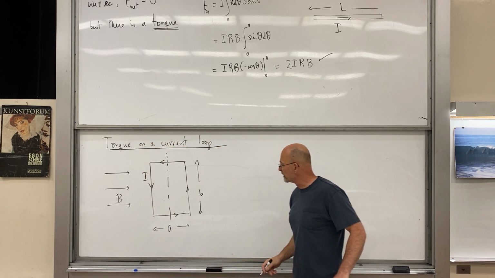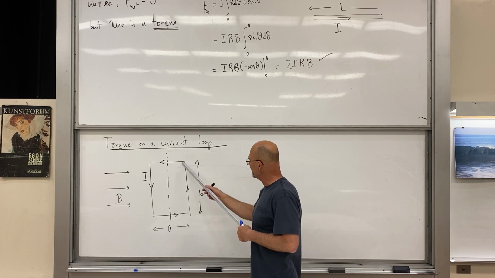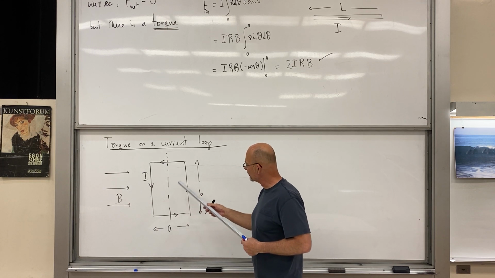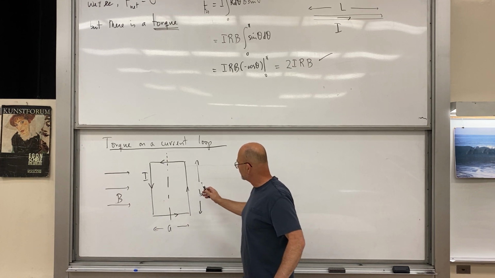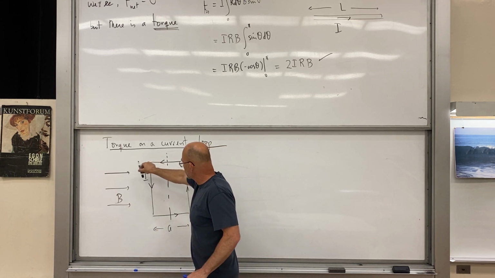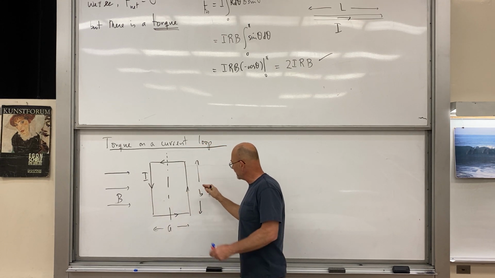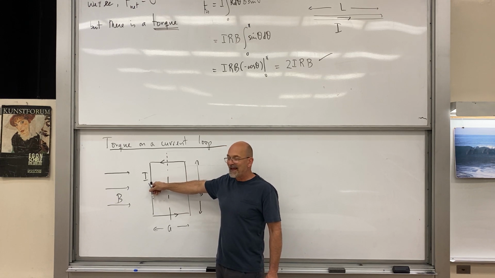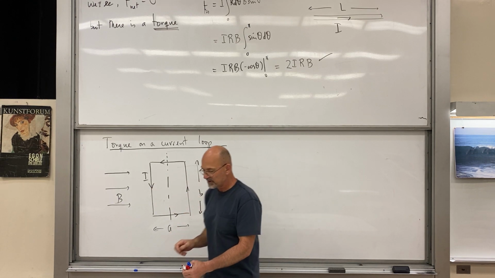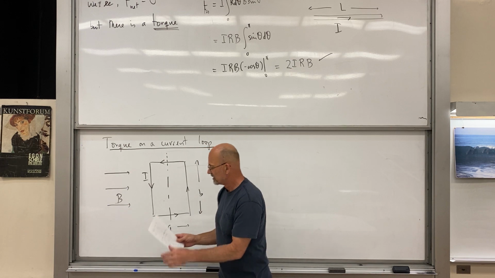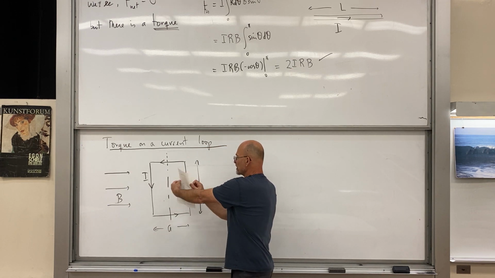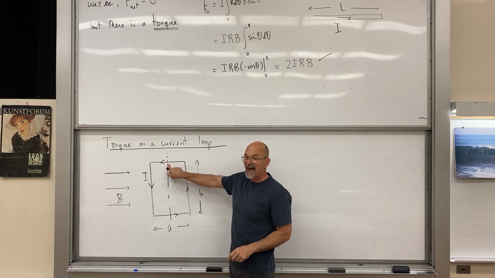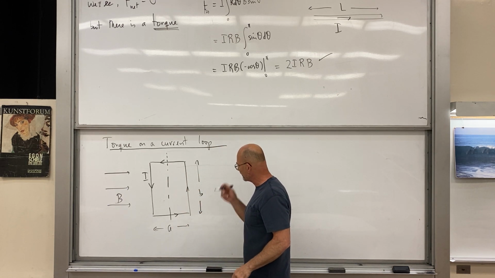So what are the contributions here? These two are parallel to the field and they're contributing nothing, there's no force involved. If we take this one here, I cross B is going to be into the board. Therefore, I cross B on this one is going to be out of the board, and we've got that torque, right? This is this thing here, and there's a twisting force. And for symmetry purposes, I just put this axle right in the middle. But yeah, we have a torque,